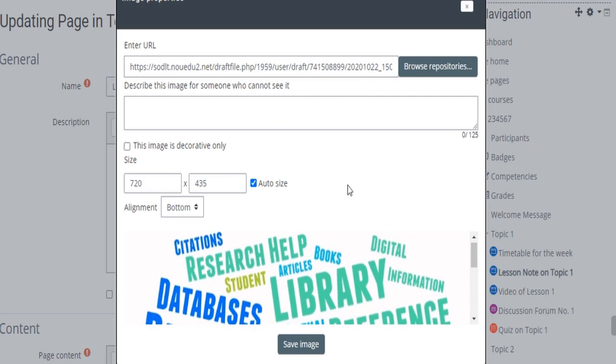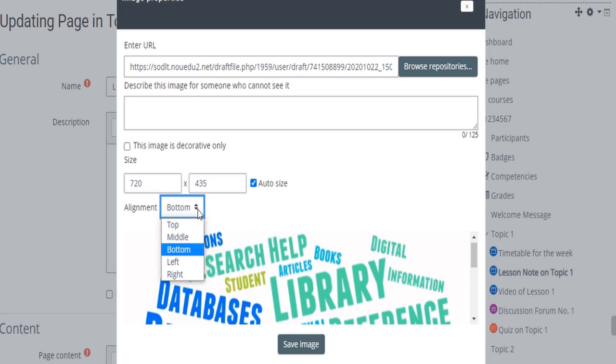So remember, we discussed something about picture alignment. This is where the alignment is. You can choose where you want it to appear, or if you want it on the top, middle, bottom, left, right. You use your discretion where you want it to appear. I will leave it as it is at the bottom. So I save